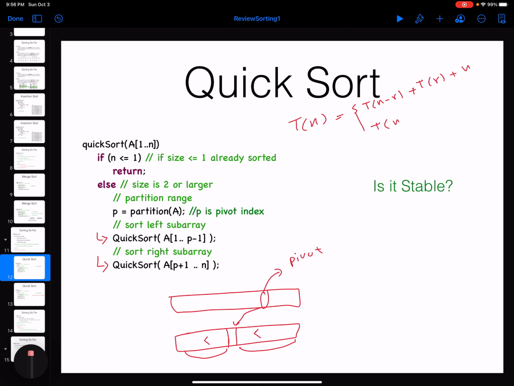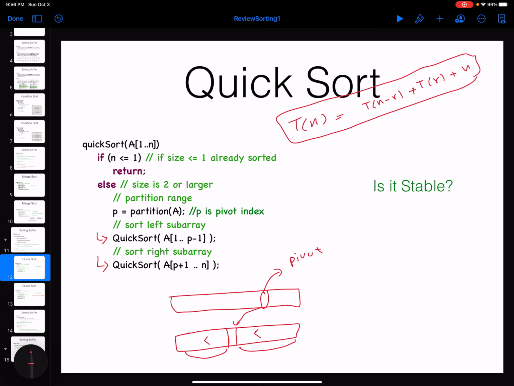Let me see that. This is going to be the full recurrence relation, and